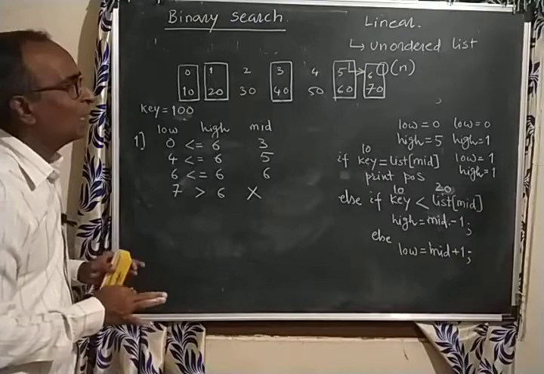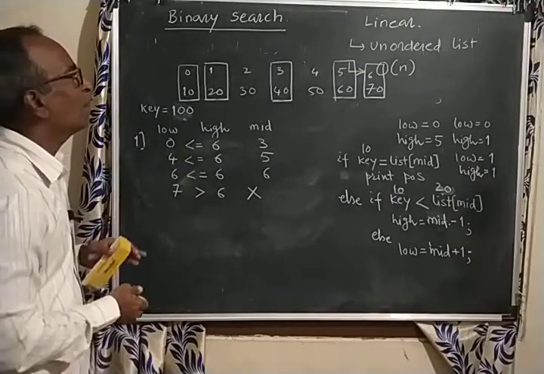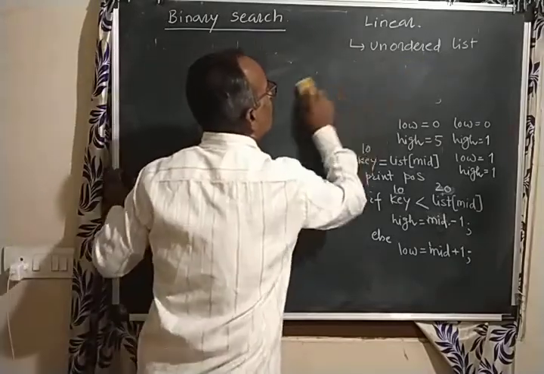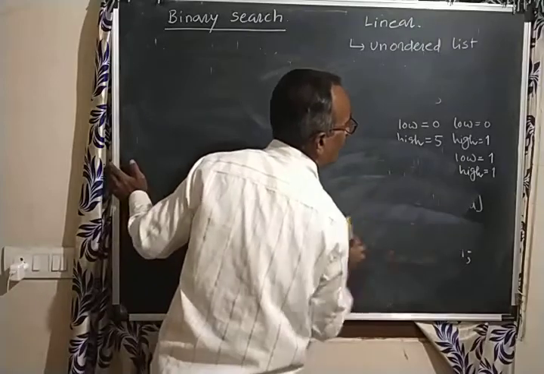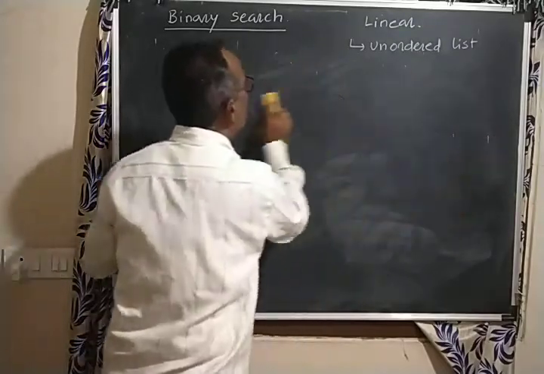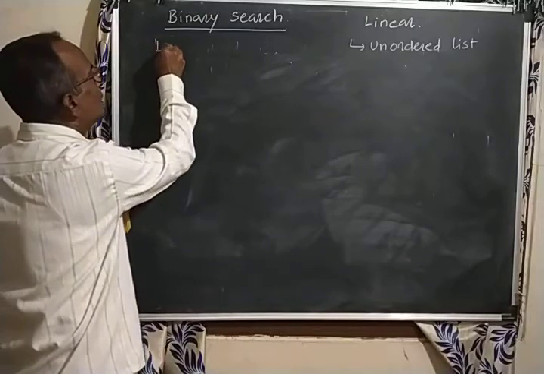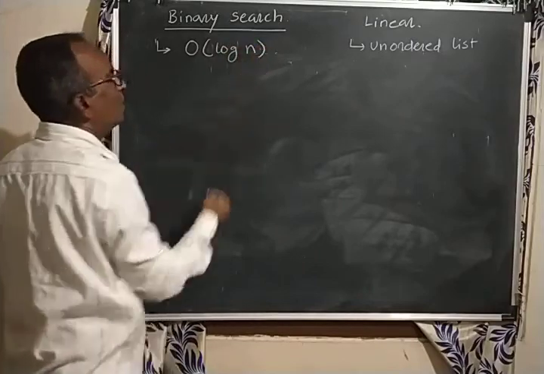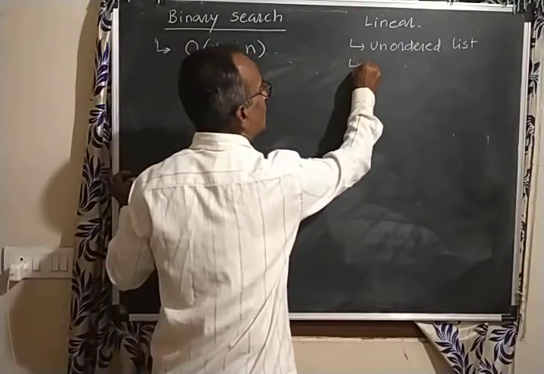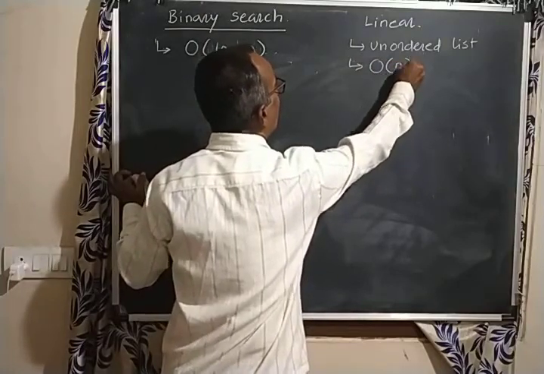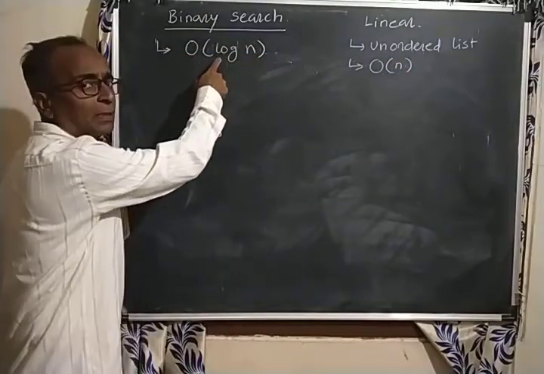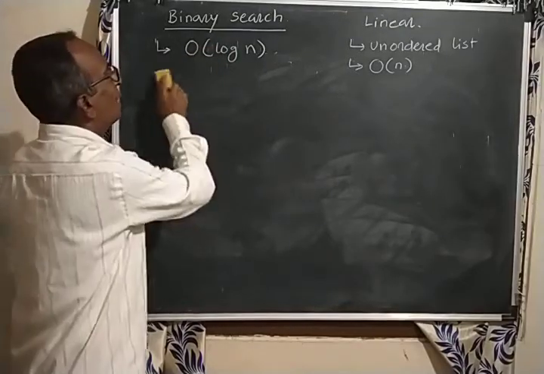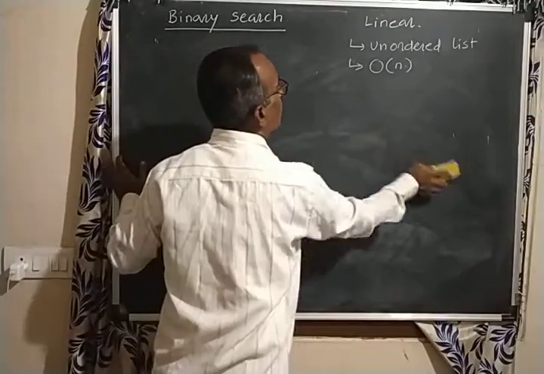So this is binary search and its order: half of the list, every iteration we are halving the list, means we are making the search in half list only. So always the binary search is big O of log of n, where n is number of elements, whereas linear search we have big O of n. So this is always faster. But what is precondition for binary search? It should be sorted.